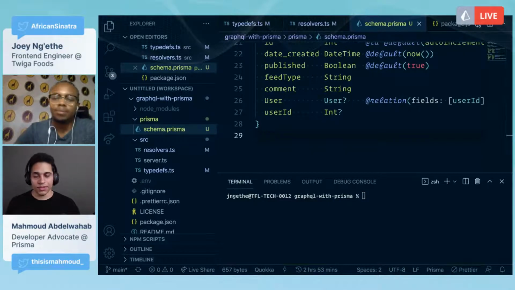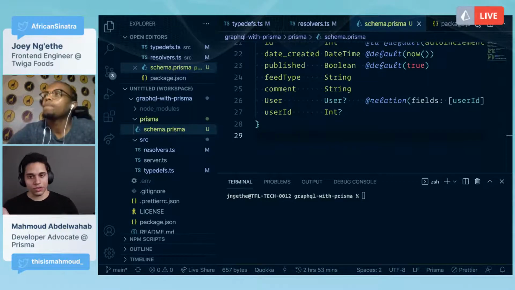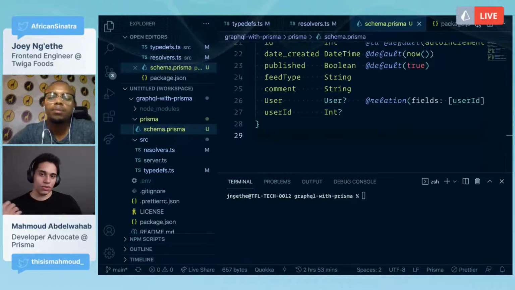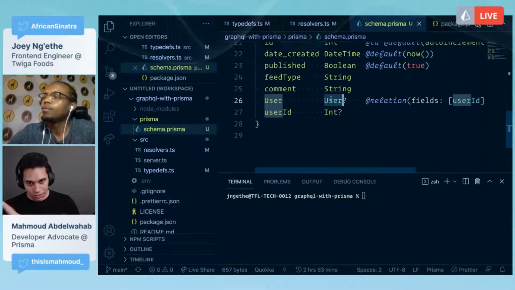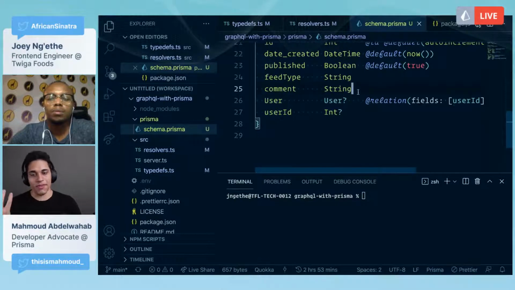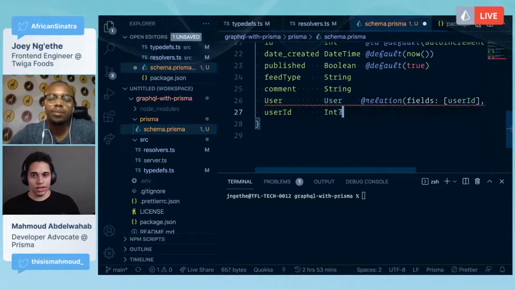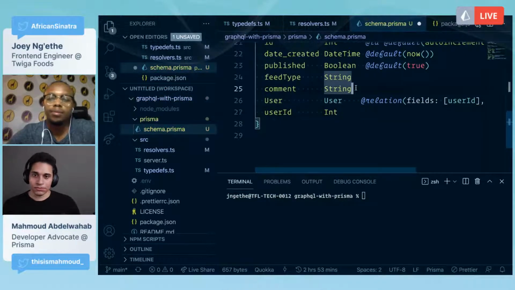So it's correct. What I wanted to say is that each feedback is associated with a certain user, and that's why we have this user ID. In the feedback, you have a field called user, which contains the user, and the user ID is also an int. Now these are optional, but we want them to be required because we don't want a feedback to not have a user. So I would just remove the question mark after user and after the int. Cool, and things work. So now we have two models.